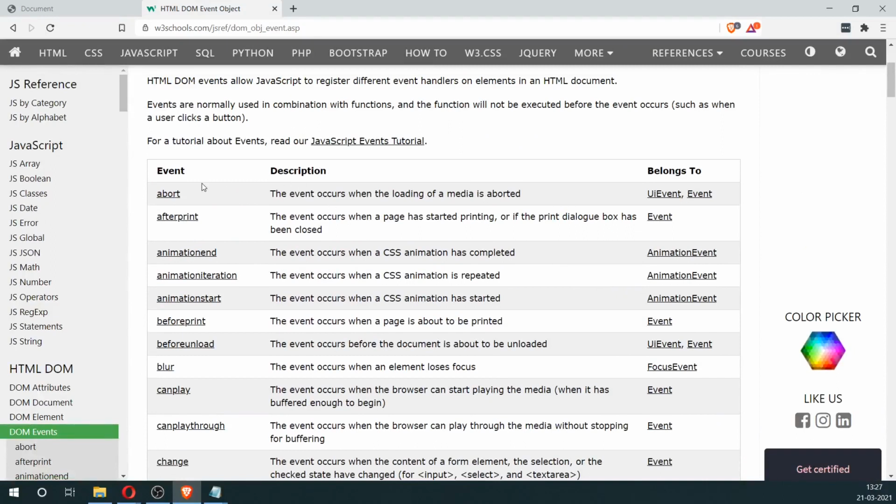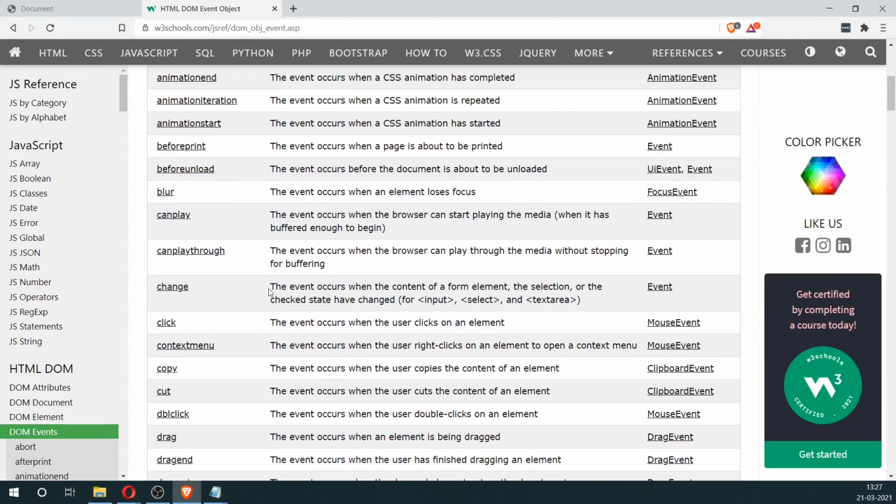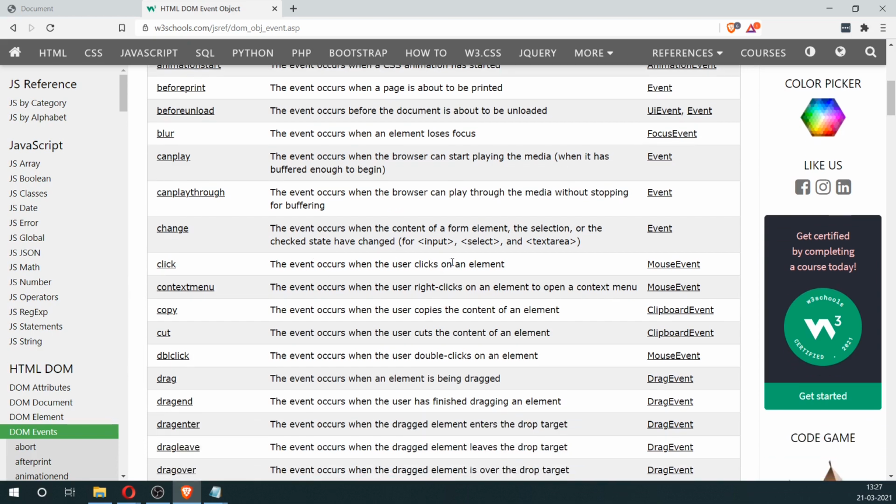So you can see here there's abort. The event occurs when the loading of media is aborted. Change. This event occurs when the content of a form element, the selection or the checked state have changed. Click. The event occurs when the user clicks on an element. These are things that we've seen so far.